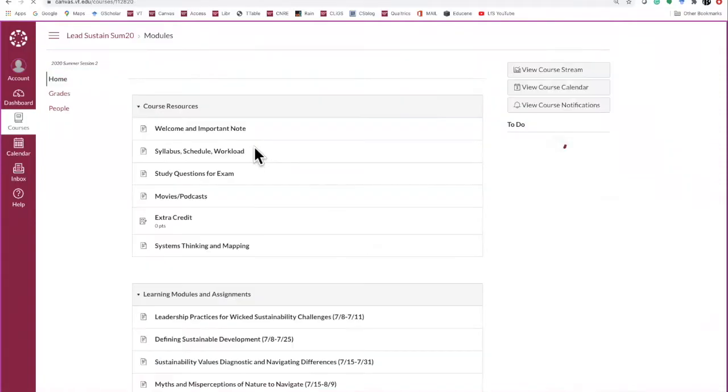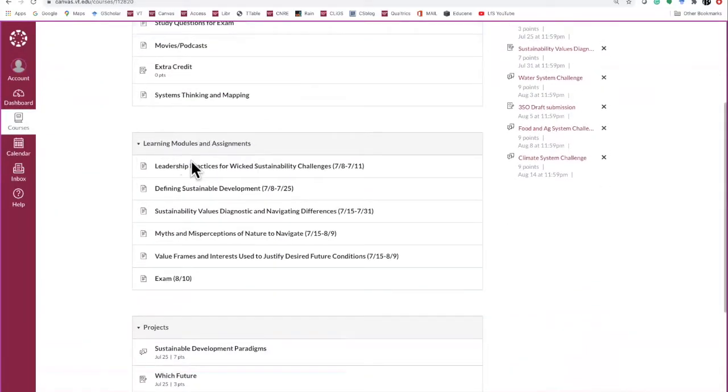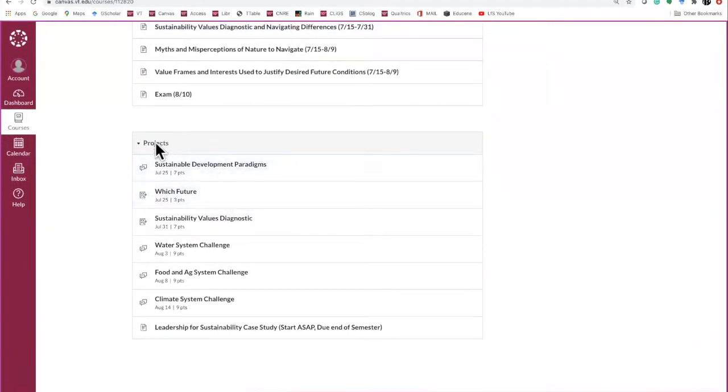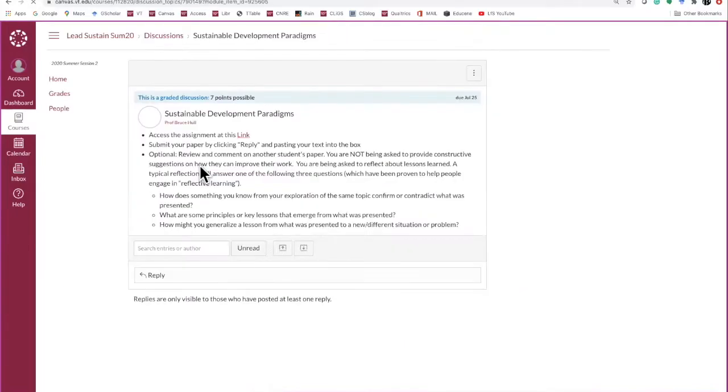And here, again, is the main course page, and we just went through a learning module. I want to end here by showing you the project. So this is one of the projects in that learning module we just talked about. It gives you some specific instructions here, and this is where you're going to submit it. There's an assignment, and it's on Canvas. I mean, it's on Google Docs. Most all the information is on Google Docs. So you click that, and it takes you to the assignment, tells you what to do, and you submit your answer here. In this case, you'd submit it as a reply to this discussion board,